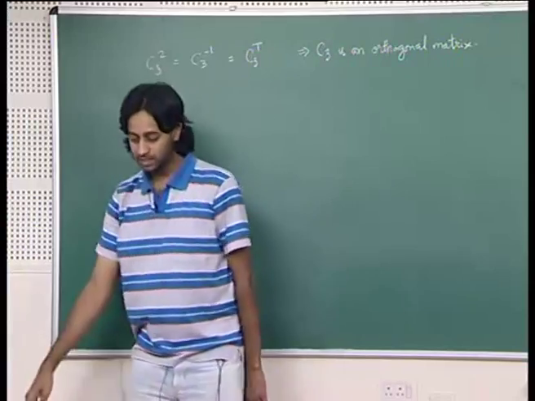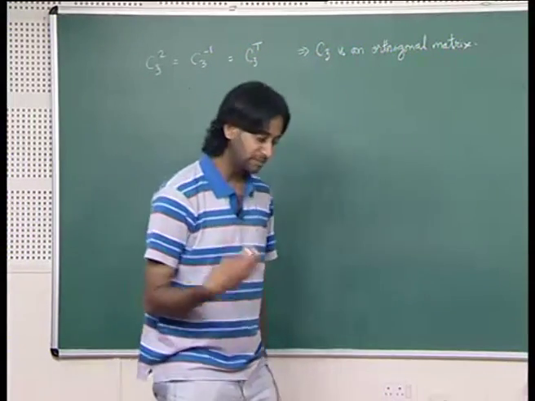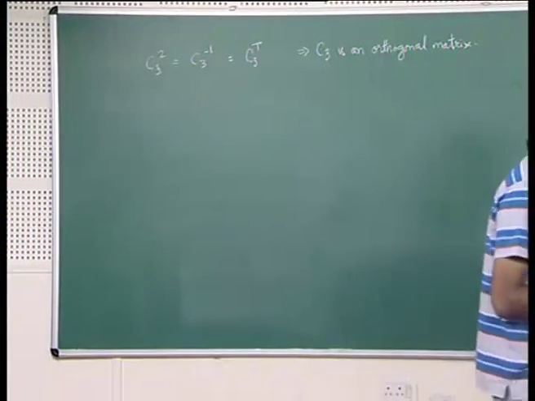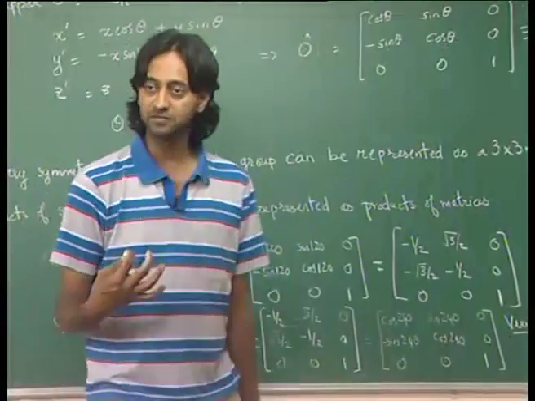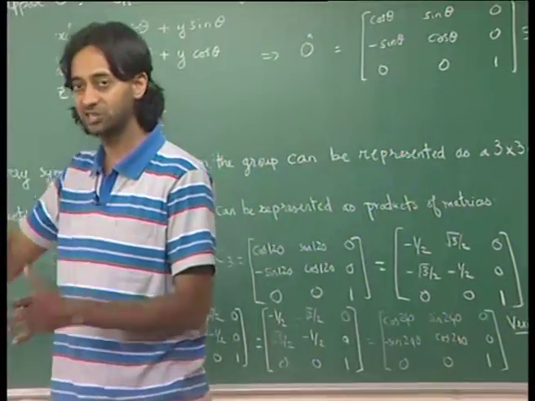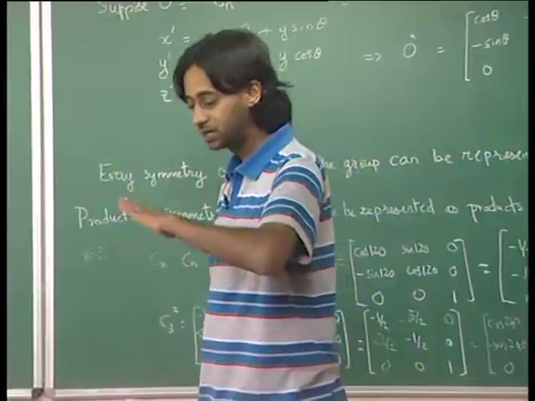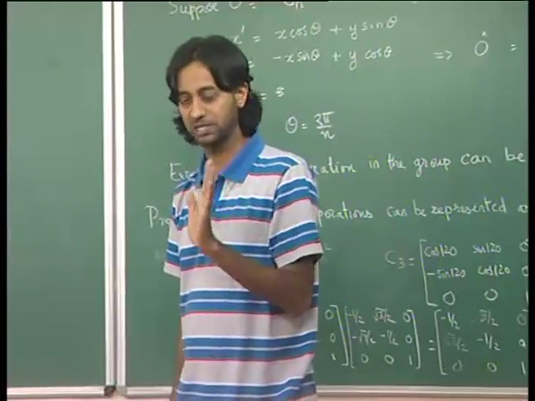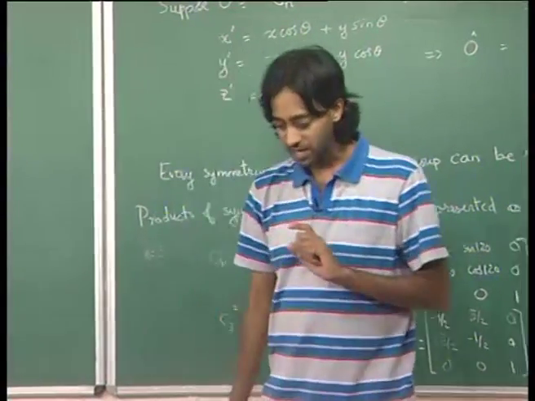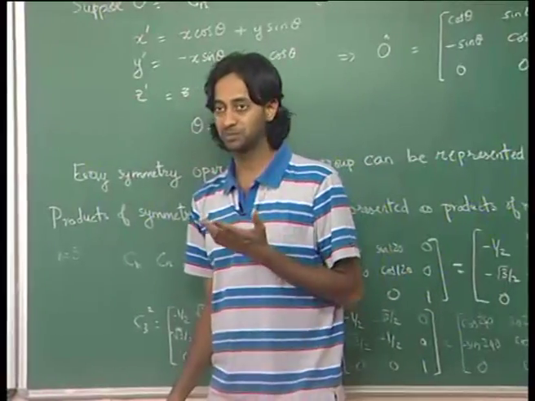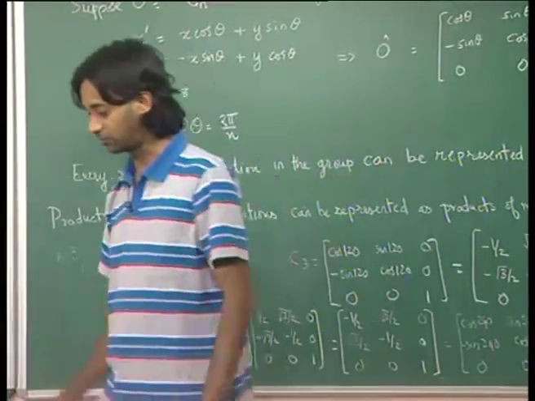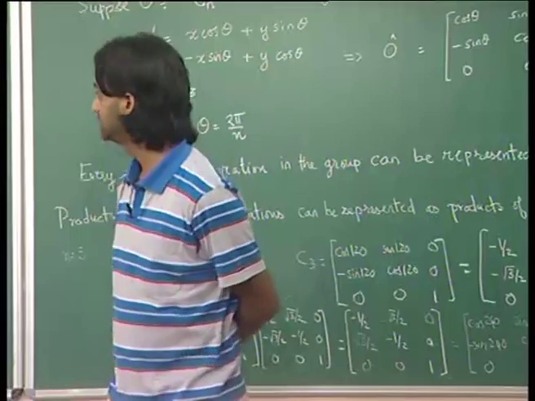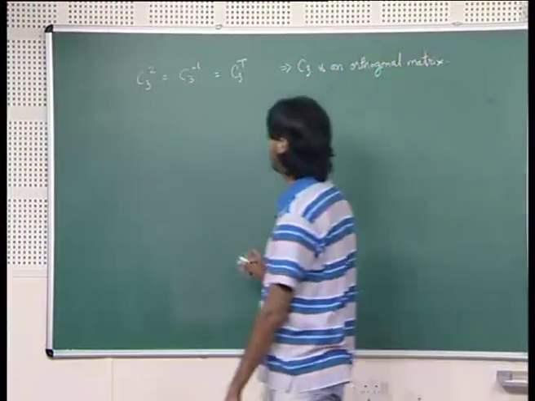Okay. And you recall when you were doing the matrix of rotations that orthogonal matrices preserve the dot product, they preserve the length of a vector. So, transformation by an orthogonal matrix preserves the length of a vector, and it is very important that all the symmetry operations should preserve the length of this vector x y z. So, all symmetry operations